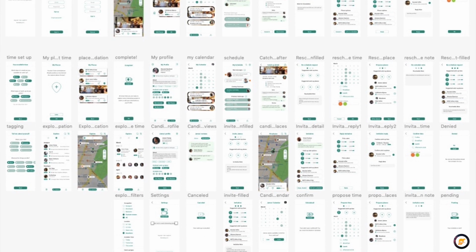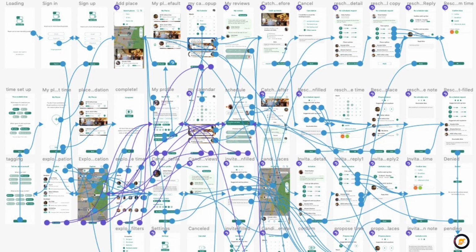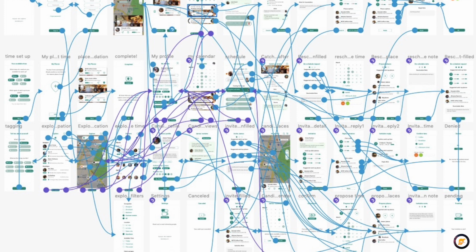Now the design process is done, but there will be a lot of iterations and the loop will repeat. As a personal project, I'm open to discussing any possibilities with individual developers or teams to work on it with me together. You can check the details in the links below.